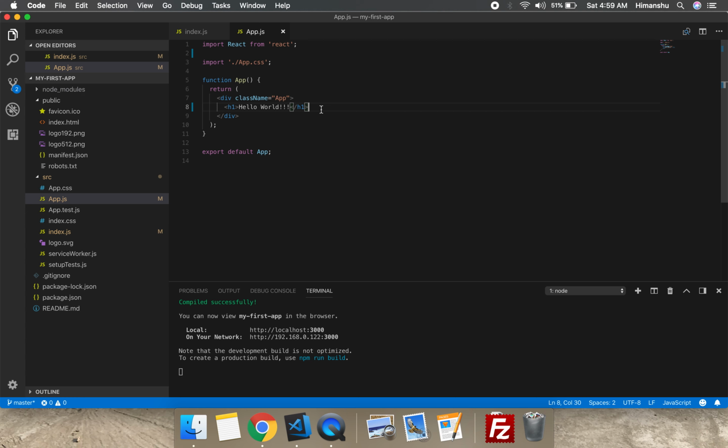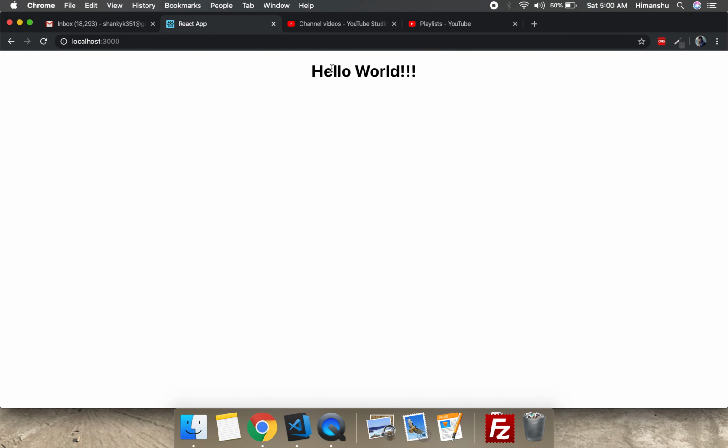This is a functional component. In future videos I will let you know about the functional component and class component. This app.js is created as a functional component. Basically, a functional component is mostly used to render your HTML UI code. So here I have given the h1 tag and printed hello world in it, which you can see is executed in the browser.